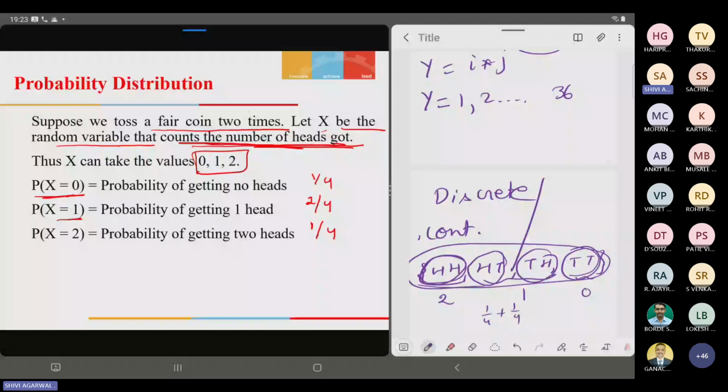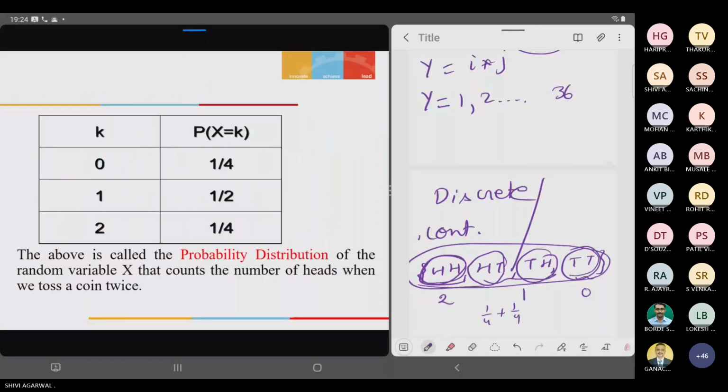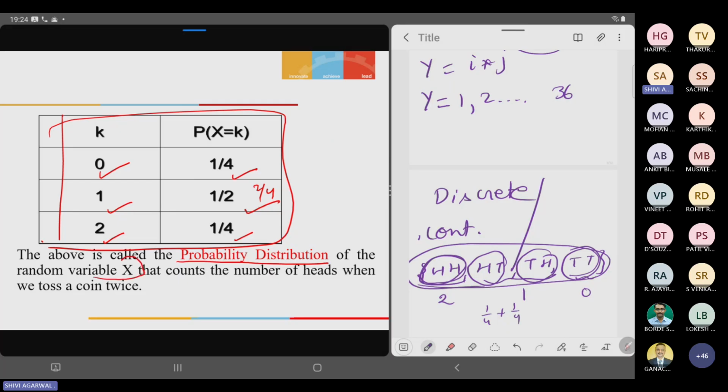Okay, and how to find out the probability? We can write it in the probability tabular form. So how can we write it in the tabular form? 0, 1 by 4; 1, 1 by 2, which means 2 by 4; and 2, 1 by 4. Okay, so this table is known as the probability distribution of a random variable x, and x's definition is,